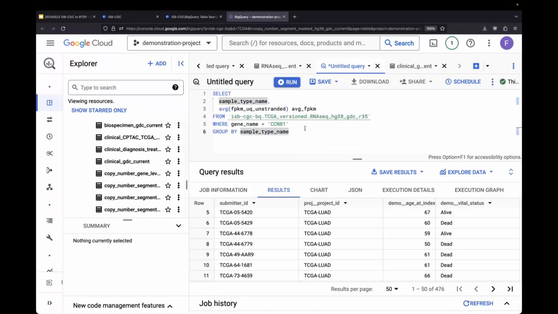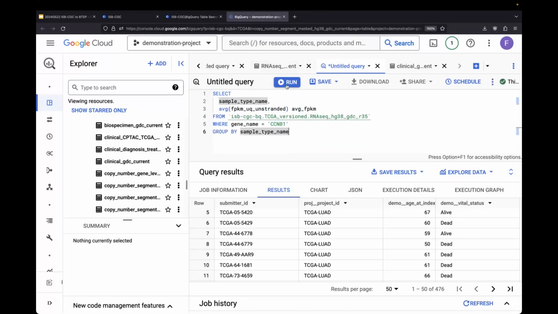So the question here is, I have a specific gene that I'm interested in. I want to know what the average FPKM of this gene is. This query is going to calculate the average FPKM value of this gene across every single case and every single aliquot in TCGA. This isn't necessarily a representative query that one would run in a given project, because it's not very informative, but it's in part to demonstrate to you the speed at which BigQuery